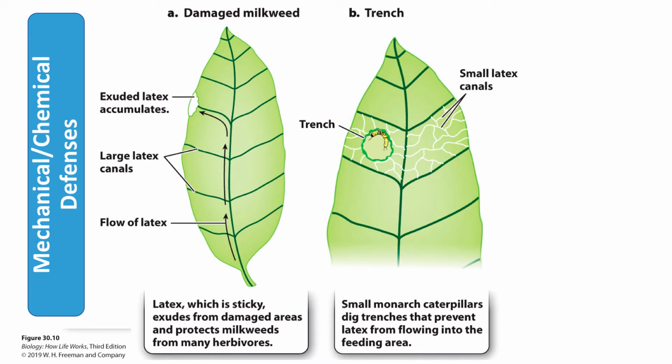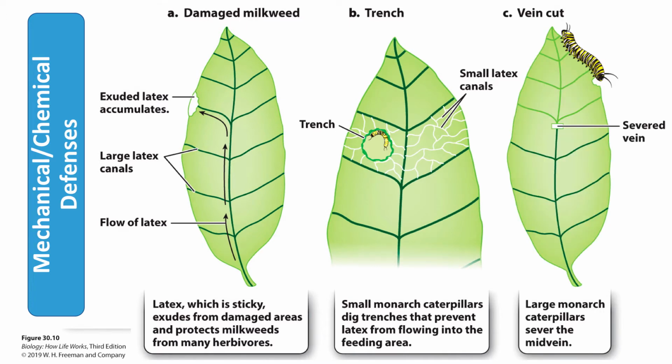The monarch caterpillar has evolved to be a specialist herbivore and has developed methods to get around the latex defense of milkweeds. Smaller monarch caterpillars will cut trenches around the area they intend to eat to prevent the latex from flowing into that area. Larger caterpillars are able to avoid the latex by severing the midvein of the leaf. This is the central vein that runs the length of the leaf. Severing this vein relieves the pressure in the latex canal system downstream of the cut,